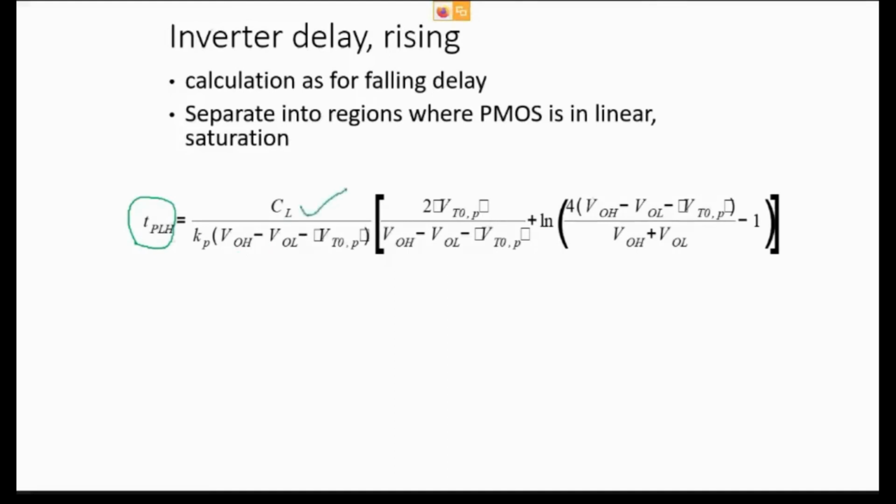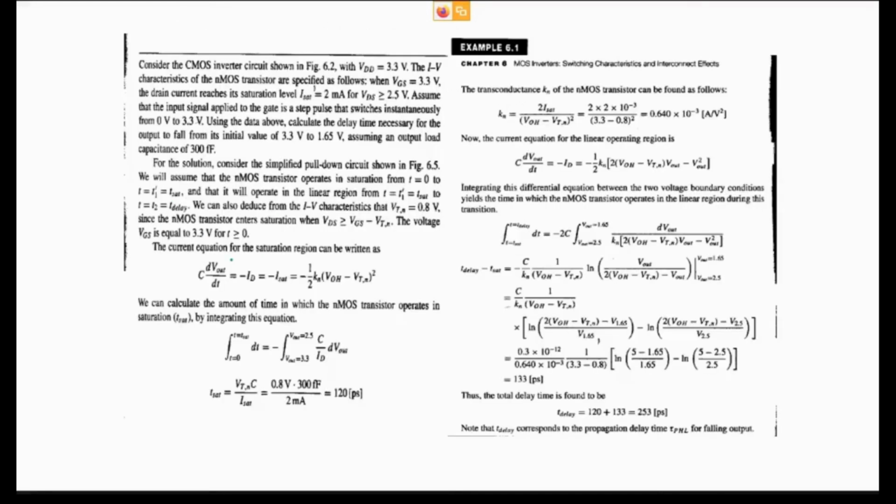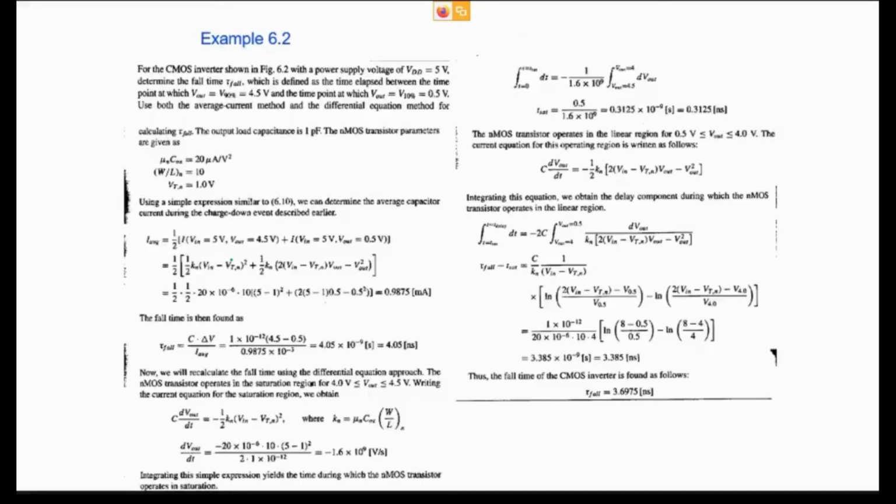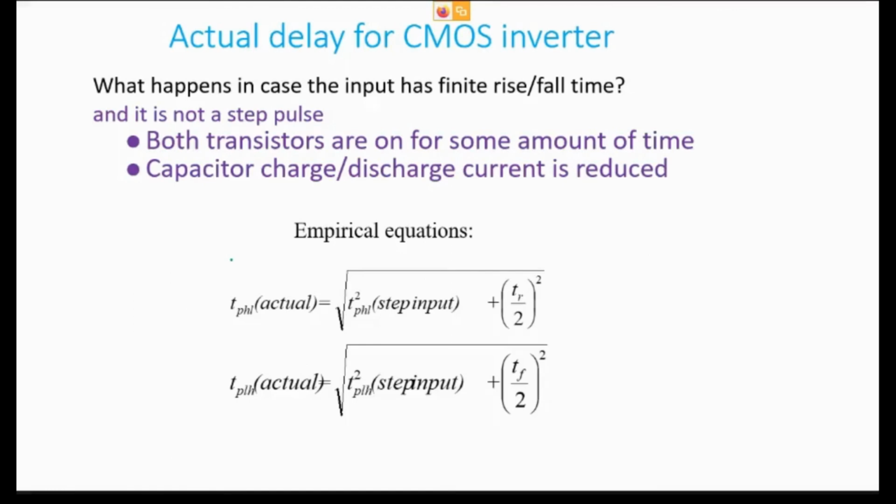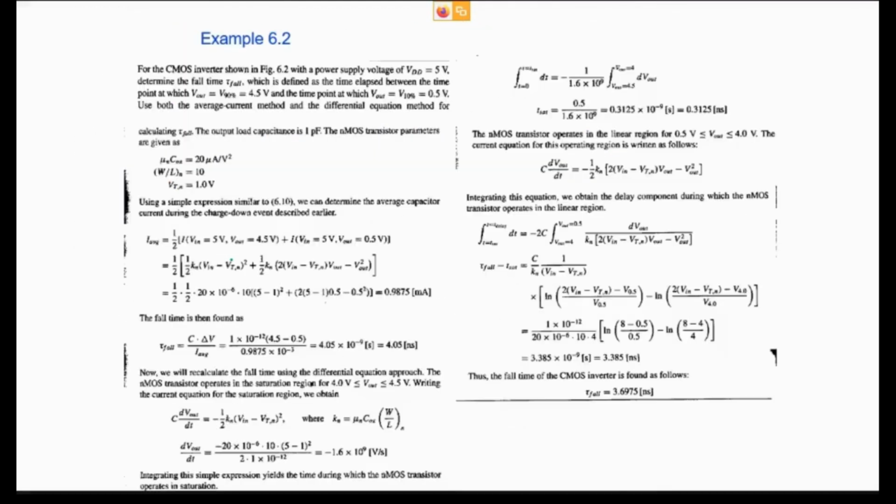You cannot increase the area, this will increase load capacitance. You cannot decrease the power supply. So it is to be done with a particular sort of optimization technique. It is not a random thing. Some mechanism has to be there for how you are going to make choices for the particular expression. So based on this, we have some numericals 6.1, 6.2, and 6.3. I want you to just go through these numericals. We will discuss them in Thursday's class.